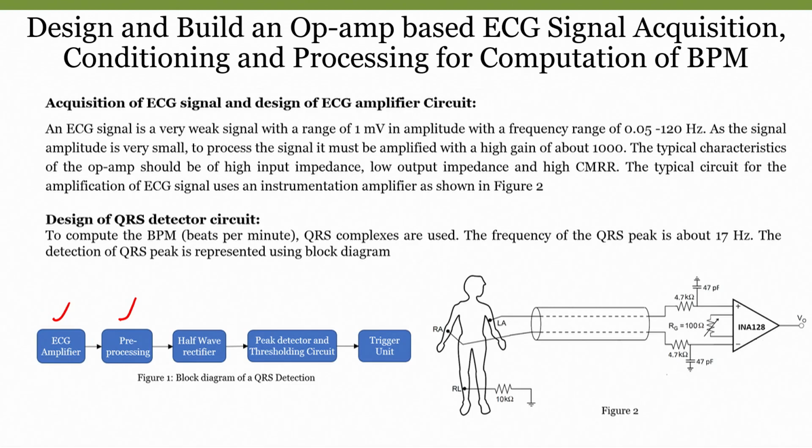Generally negative peaks are called valleys, but when we design a circuit, no matter what, it may give either a positive peak or a negative peak, and since we are interested only in the positive peak values, if we pass through a half wave rectifier, the negative peaks will be completely removed. So, that is the reason we have to design a half wave rectifier, but it is not mandatory. Even simply we can go with a positive peak detector and a thresholding circuit, and we can implement that without having a half wave rectifier too. But if you have a half wave rectifier, we do not even have to worry about the negative peaks at all. So, now how do we do half wave rectification?